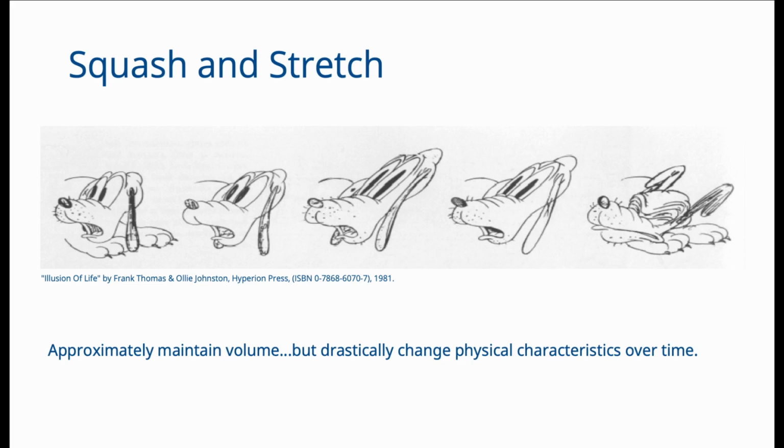So you can see here that this is a sketch of the dog Pluto, who is surprised at something, and then he has actually closed his eyes shut because he does not want to look at whatever it is that surprised him. So you can see the squash and the stretch. So first his face is stretching in surprise, and then he is squashing it to sort of close his eyes shut. So you can see that the drastic change in physical characteristics accentuates what Pluto is feeling, and the sketches communicate that feeling perfectly to the viewer.